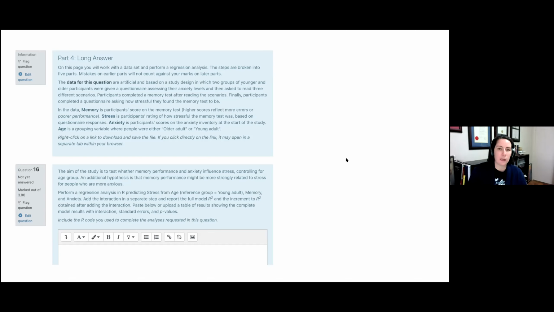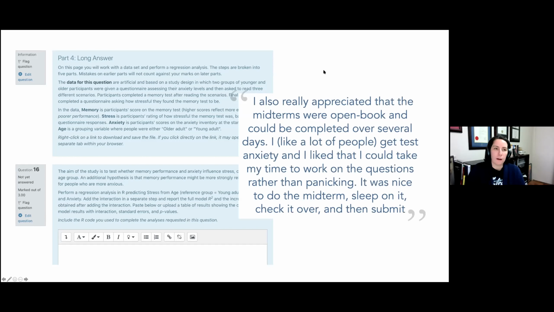So here you can see a screenshot of one of the long answer questions from the final exam that my regression students just finished writing last semester. And I would say that the major advantage of this kind of strategy is that I'm able to assign practical problems for students to solve.